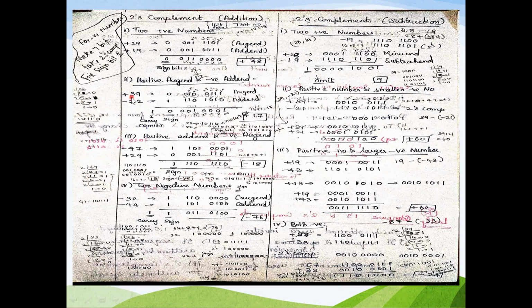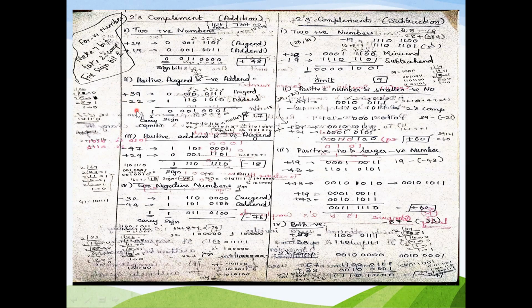Plus 39, no issues, you can convert into binary. The binary will be represented as 100111, which means that it requires only 6 bits to represent the binary representation for the 39 decimal number. Whereas here I want to have 7 bits, so I am adding an extra zero here. Since it is a positive number plus 39, the sign bit is 0. Is it clear? So this is how I am representing plus 39.